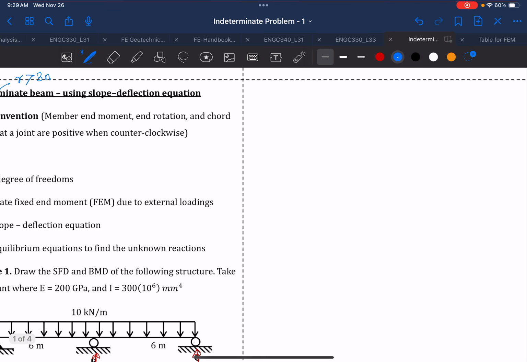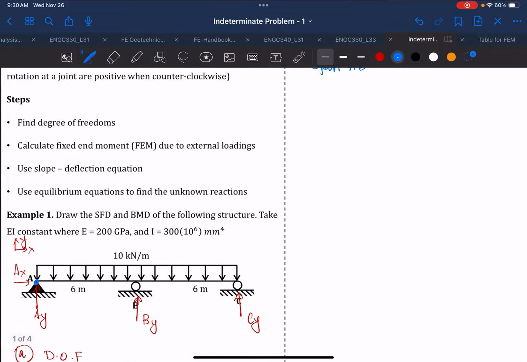And then the next one, number B, is to find the fixed end moment due to external loading. And so we are going to divide it part by part, because we are doing slope deflection, and that means it's a member between two joints. So we are going to use span AB. We are looking at the span AB,